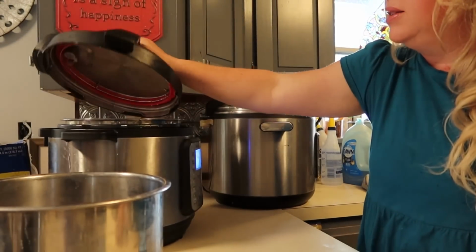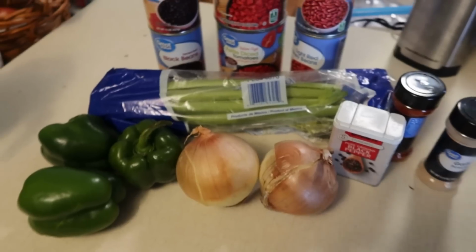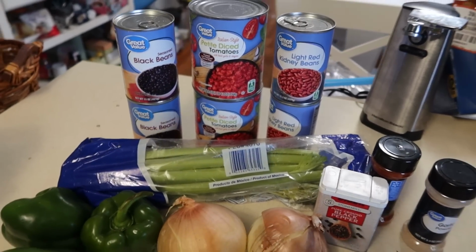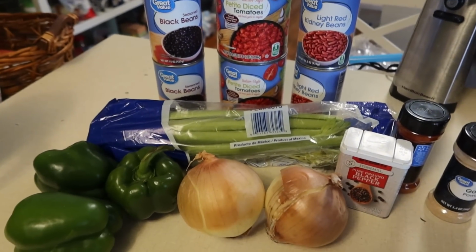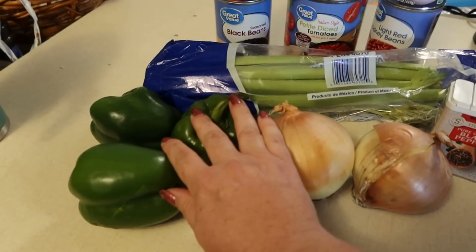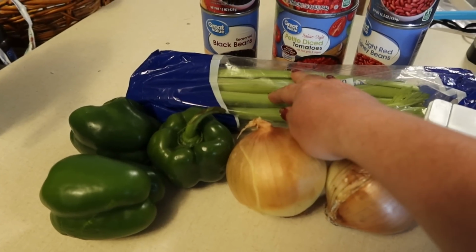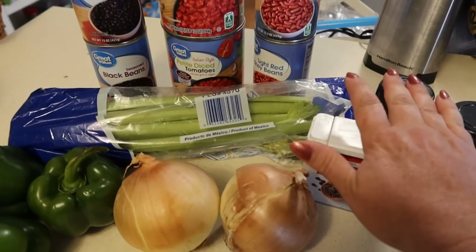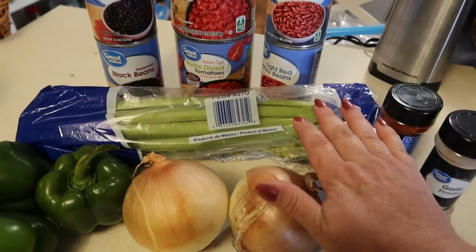So our rice is done. So these are the rest of the ingredients that we purchased for the slow cooker beans and rice. We have 3 green peppers. We're going to use 6 of the celery ribs. We have 2 onions, some chili powder, garlic powder, black pepper,